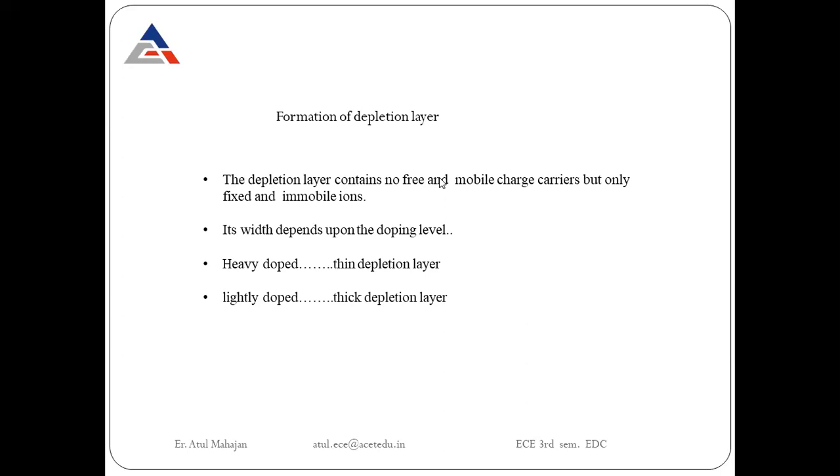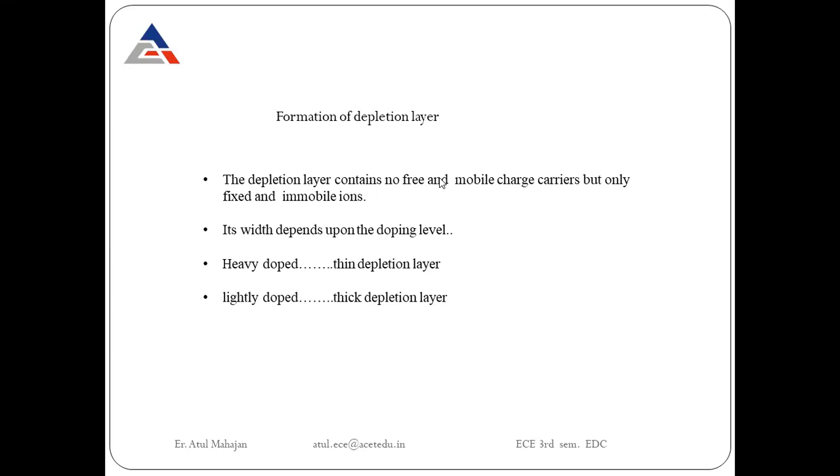So when the impurities are very high, when there is heavy doping, meaning addition of impurities, in the case of a PN junction diode, then the depletion layer formed is very small. Why is it small in that case? It is smaller because when the impurities are high, we are increasing the conductivity level of the PN junction diode to a very high level.